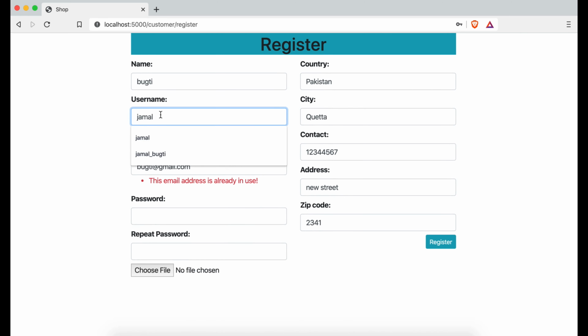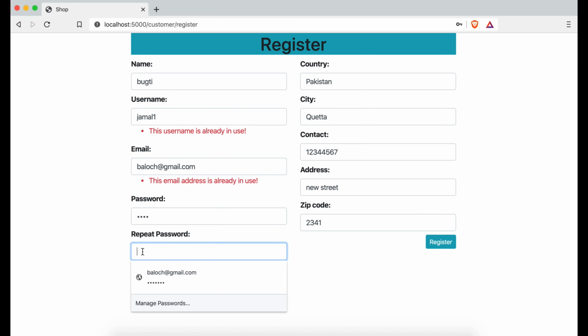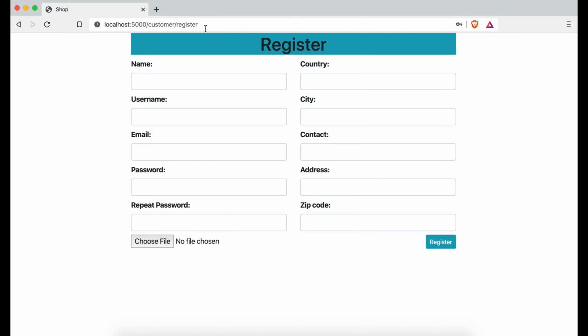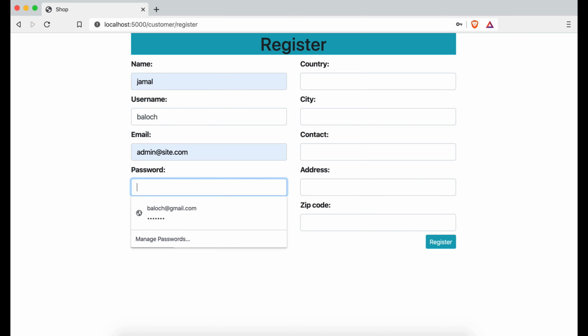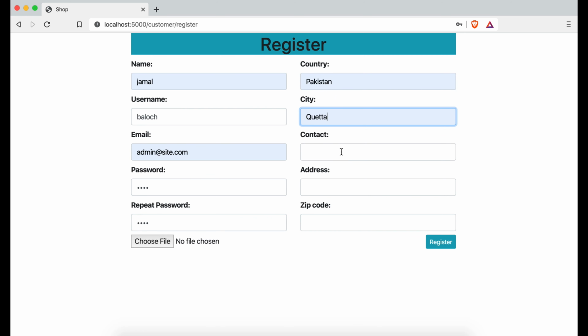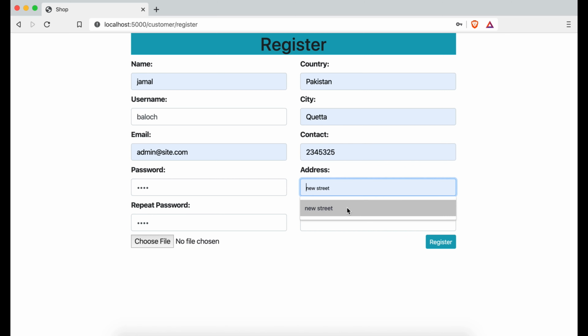If I change this name, suppose to Baloch, and here I give one password, and if I register there, here Jamal, here will be the Baloch advanced site email, if I write here some password, and this password, and then this contact, and here if I hit register,